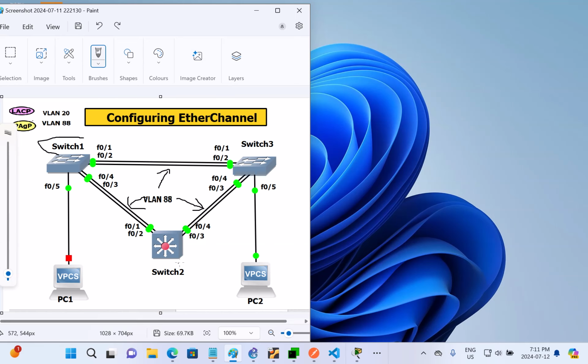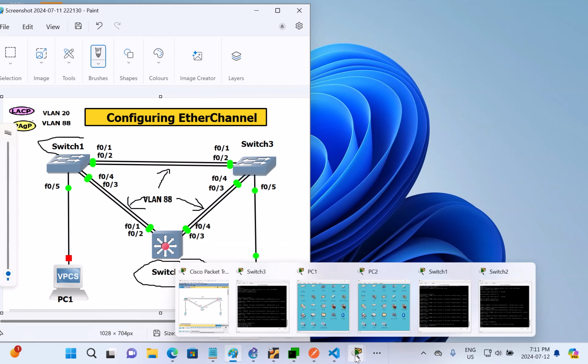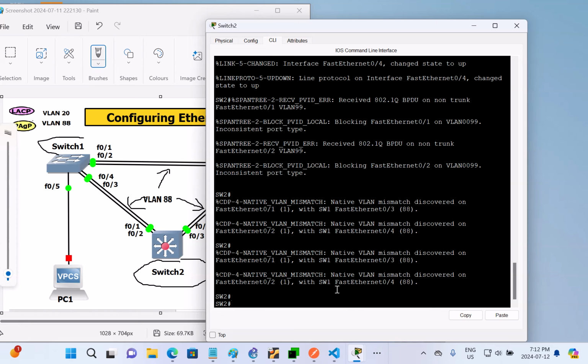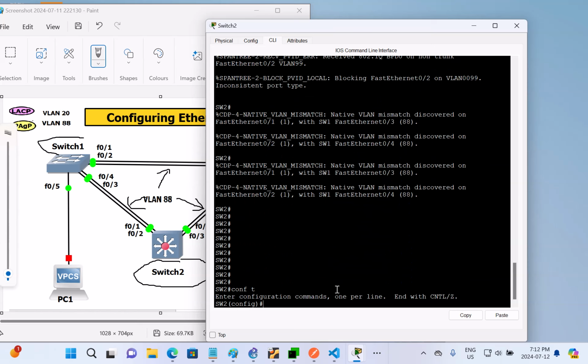From switch 2, let's configure this step now. Configuration mode again, and then here I'm going to type switchport trunk